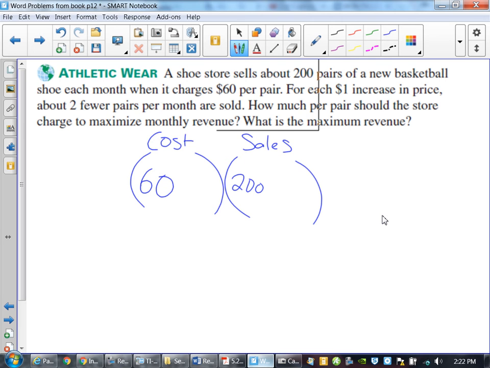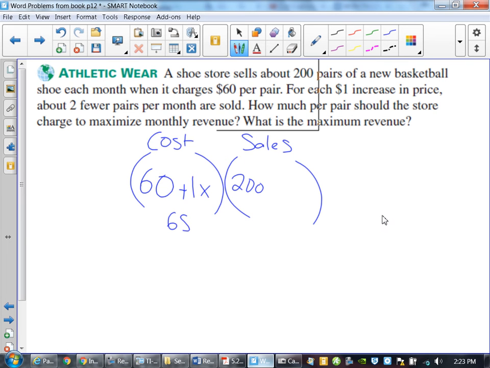I'm leaving tomorrow. Now, for every $1 increase in the price, you expect to sell 2 pairs of shoes fewer. So that means if I increase my price by $1, what's my new price? 61. If I increase my price by $2, what's my price? 62. If I increase my price by $5, what would my price be? So I'm increasing it $1 by 5 times, which would mean I'd have a price of